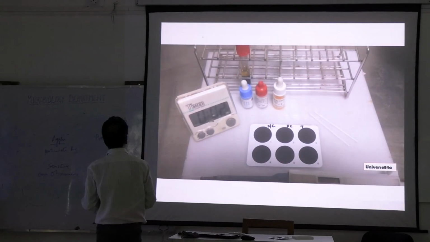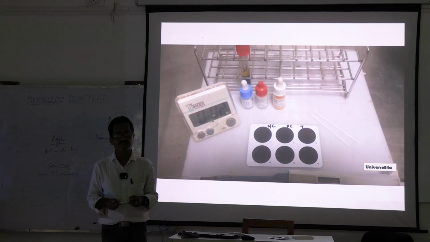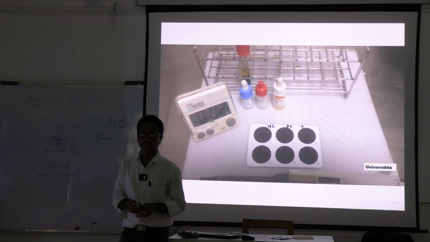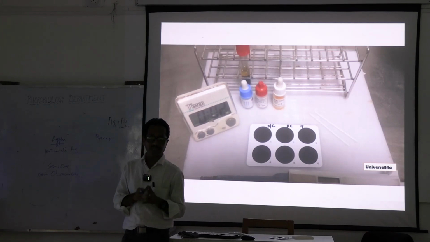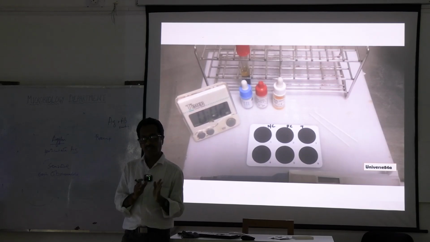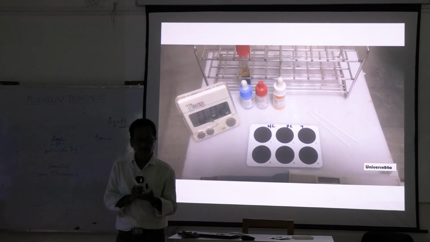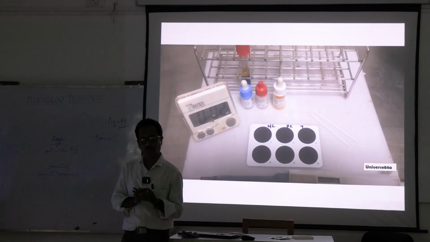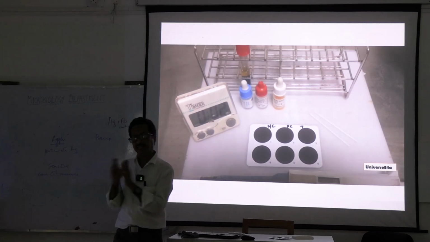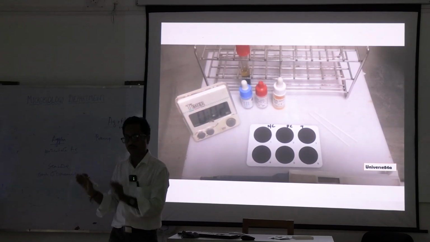This is a kit for ASO titer. Where do we see the ASO titer? Anti-streptolysin O titer. In which cases? What does it signify? ASO titer positive means what? It proves the patient was infected with Streptococcus pyogenes group A, and may not be an immediate or active infection. Active means the antibody to streptolysin O is produced in our body.